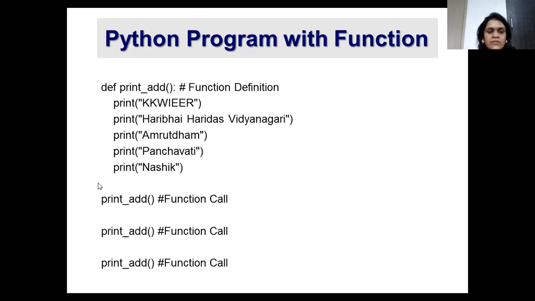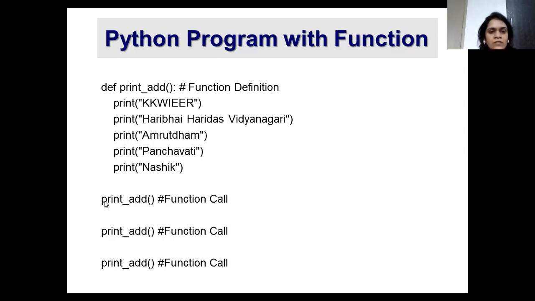After the definition of the function, you can have any other lines of code of the program. You can also define other functions, or else you can have a function call. A function call is a statement which will execute the function, meaning it will execute the lines of code written inside the function.